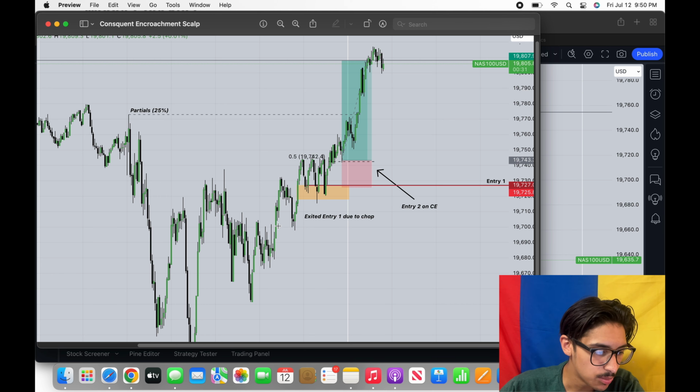So we see here, price respected this bullish fair value gap. Then what does it do? It forms another fair value gap, respects it, trades up. Then it forms another fair value gap, respects it, trades up. I did actually enter on this fair value gap. I did enter. I exited